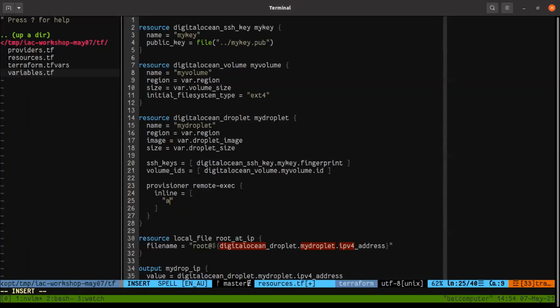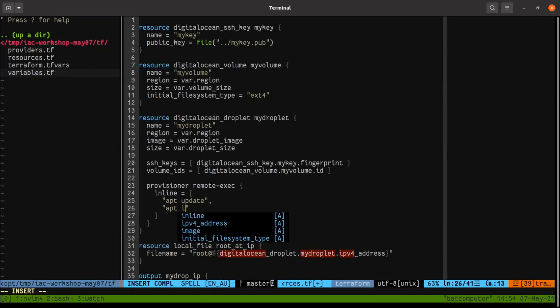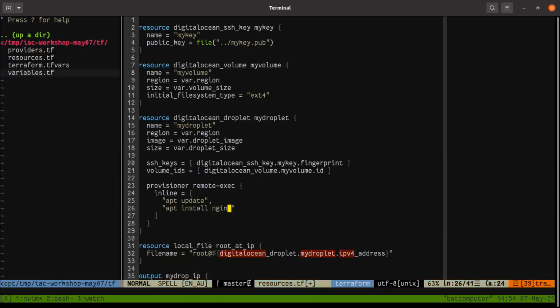So I want to go apt update. So this will update the packages on the server. So the next thing I need to run is apt install Nginx. Okay. So remember, if you have used Ubuntu before, if you go apt install Nginx, Ubuntu will ask you, are you sure you want to proceed?